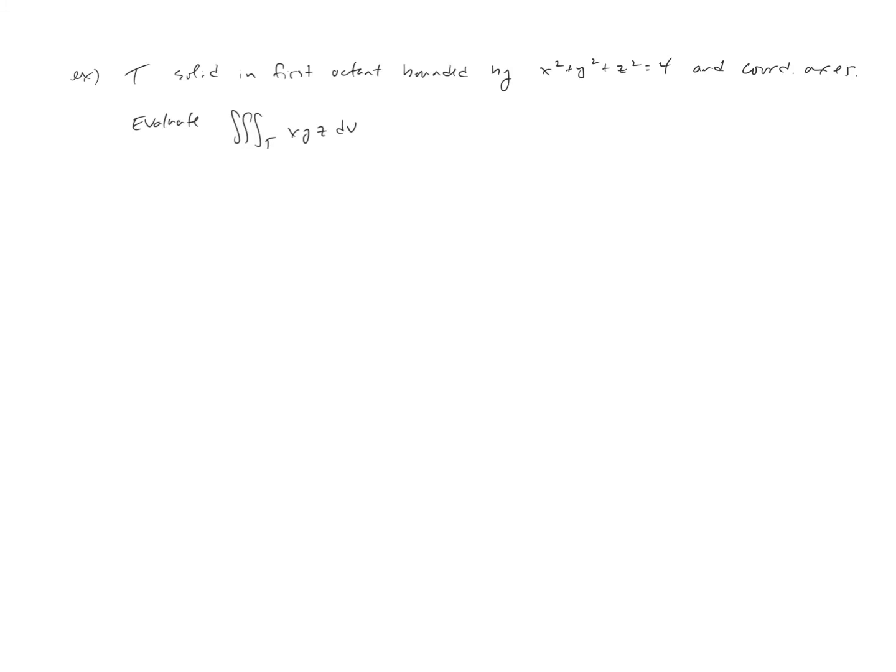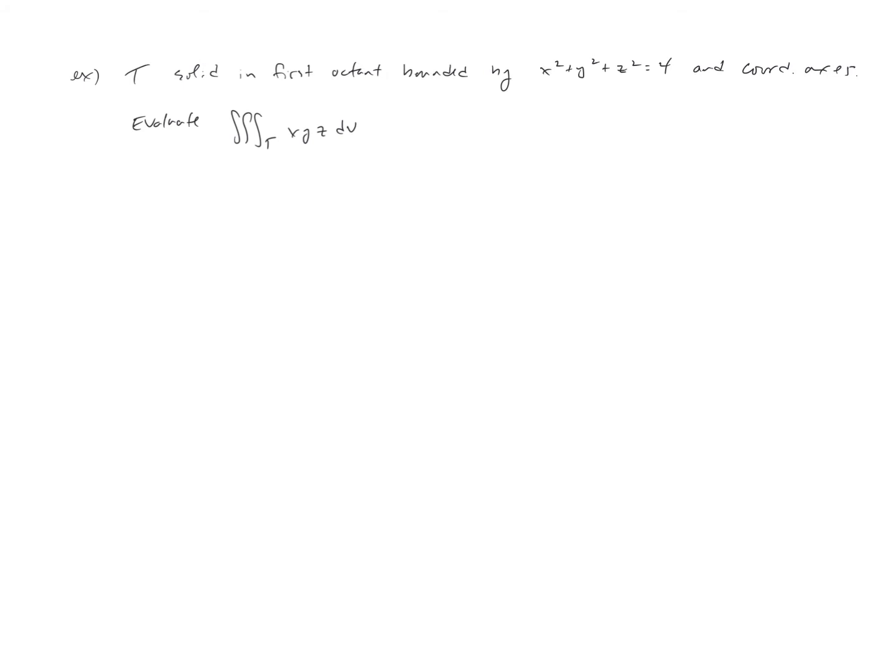All right, so in this video, we're going to take a look at some examples where we actually set up the triple integral three different ways. We're going to set up the triple integral to compute in rectangular, cylindrical, and spherical. So the problem that we're going to look at is where T is a solid. Remember, this is our T, a solid closed bounded region,